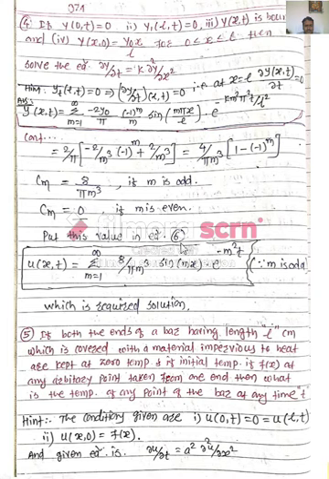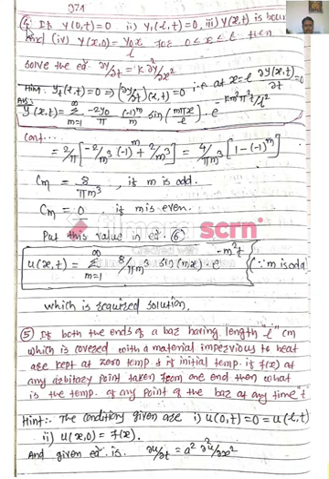Putting this value in equation number 6, we get u(x,t) equal to the summation from m = 1 to infinity of 8 upon π m³ sin(mx) e^(−m²t). We get this value when m is odd. So this is the required solution: u(x,t) is the summation from 1 to infinity of 8 by π m³ times sin(mx) times e^(−m²t), where the constant term you should take outside. Okay, so this is the required solution.